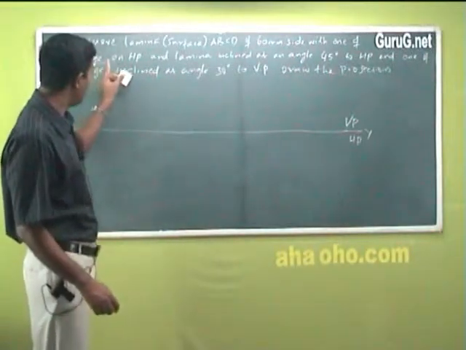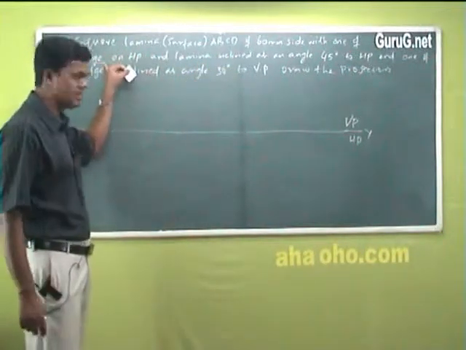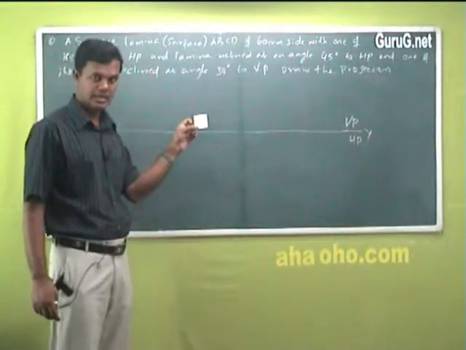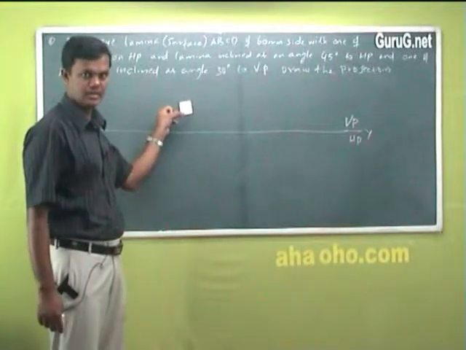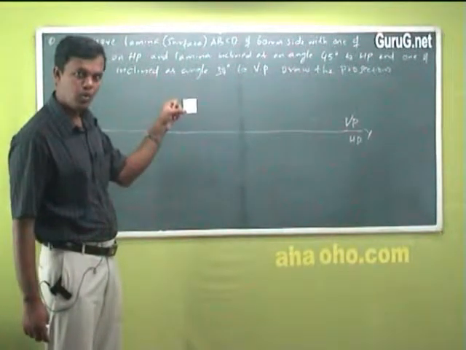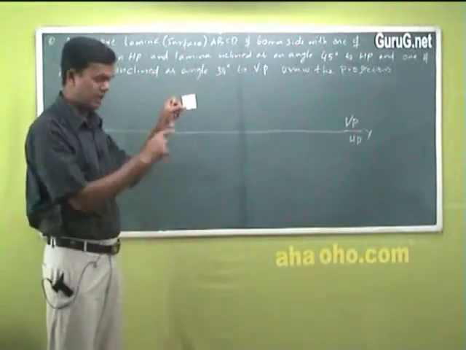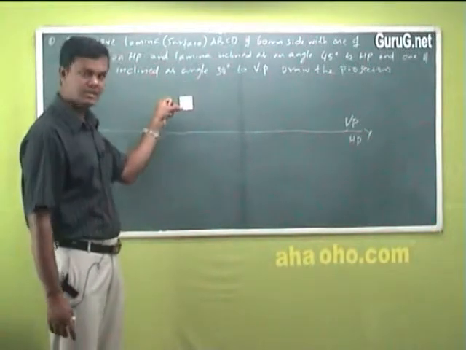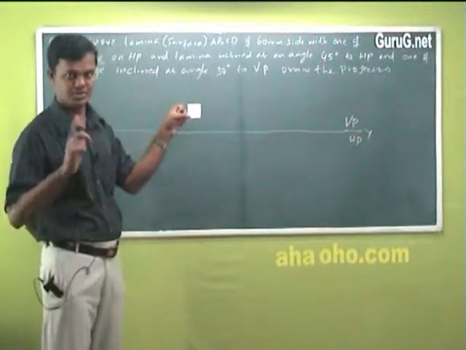Okay. Now to make an edge 60 mm side with one of its edge on HP, what is the condition? If I keep this body like this, this is parallel to what? VP it is. So that is the true shape now. The true shape I will be drawing in the front view like this, and it becomes perpendicular to HP. If I place a body like this, can I keep an edge on HP is one question.